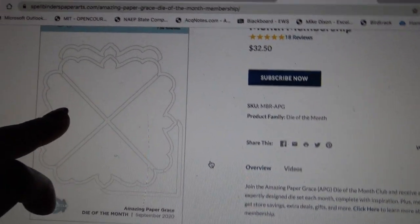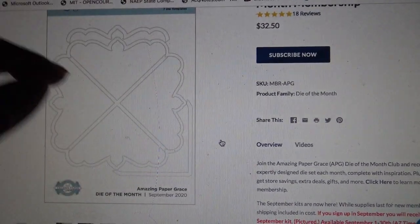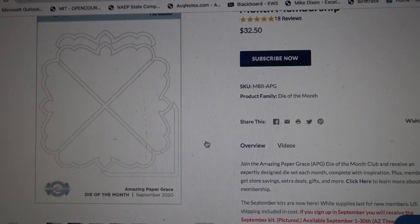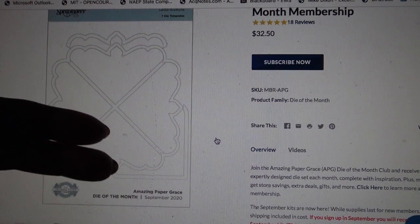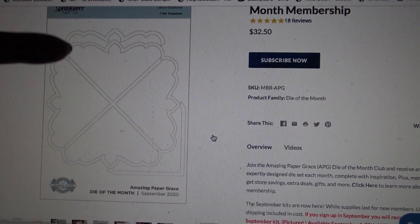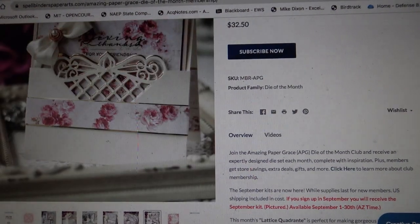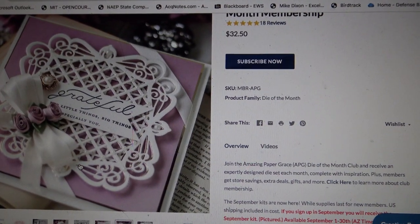Okay, so yeah, so it has the cool, so what you're looking at right here is the outer shapes on the carrier, so you have an idea. So it looks like that guy has a border edge and another kind of border die. It says it has 7 dies. So I'm going to assume that it has that pretty die that you saw plus the shadow. I don't know what's going on here. How does that die? 1, 2, 3, 4. That's 4 to me. Maybe it has some little flowers or something else. I don't know. So I'm like, this one's hard to...